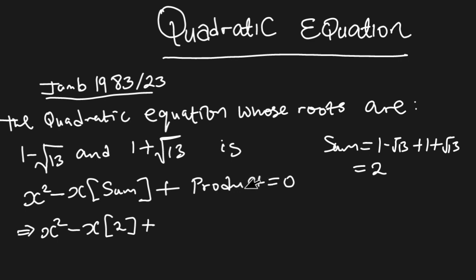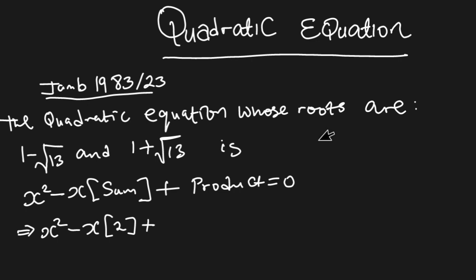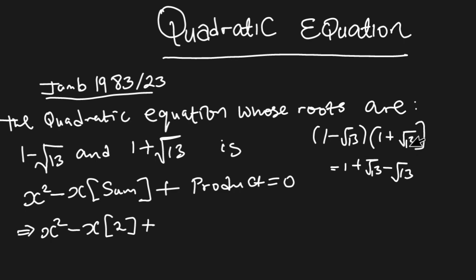plus. Now, how do we get the product? To get the product is the same thing. Product means multiplication, right? Product means times. So that is 1 minus root 13 times 1 plus root 13. So 1 times 1 is equal to 1. 1 times root 13 is equal to root 13. Minus root 13 times 1 becomes minus root 13. And minus root 13 times